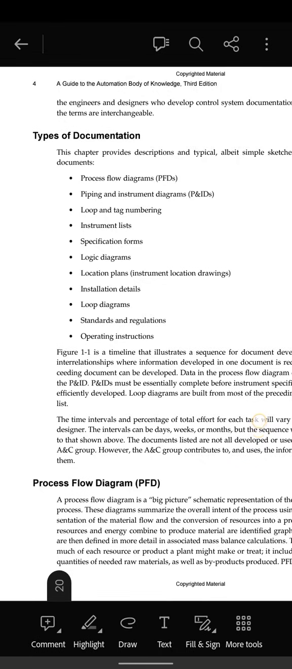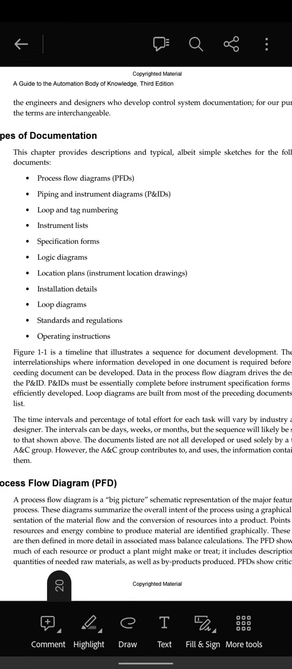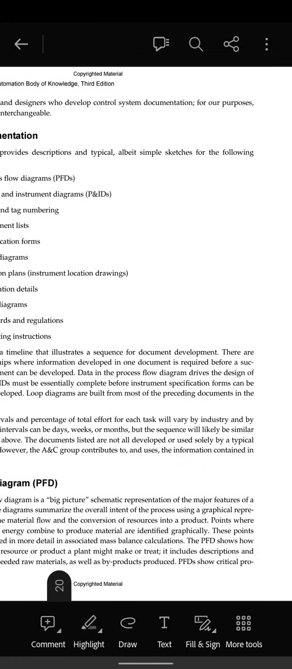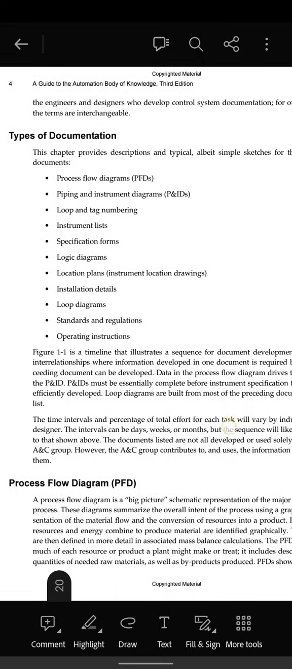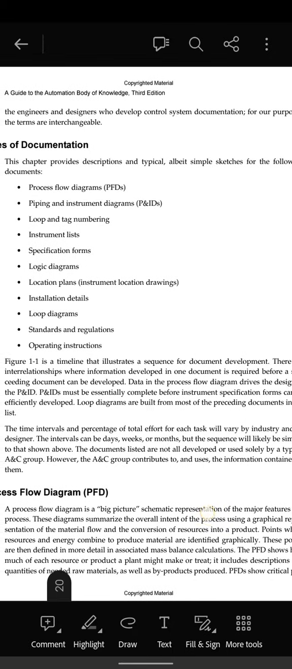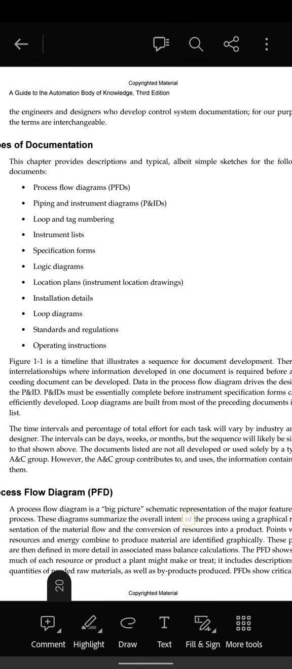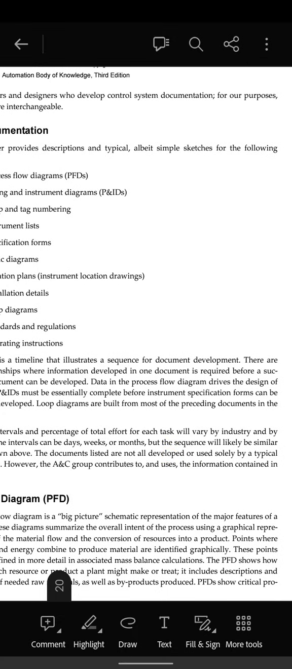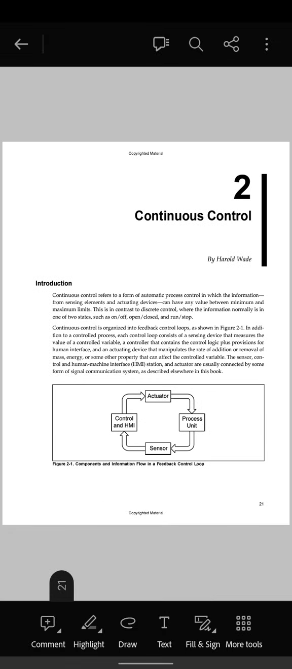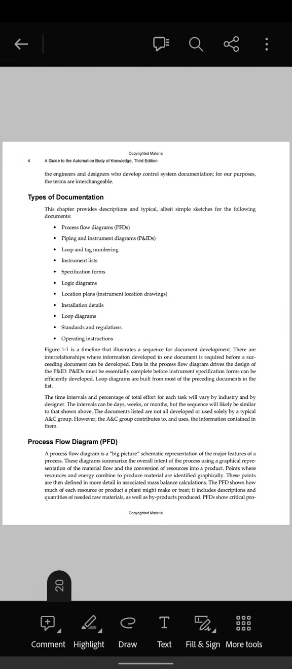The PFD shows how much of each resource or product a plant might make or trade. It includes descriptions and quantities of needed raw materials as well as the byproducts produced. PFDs show critical